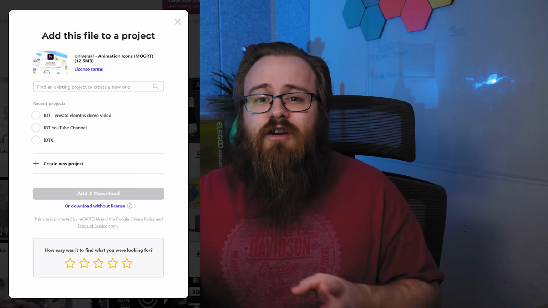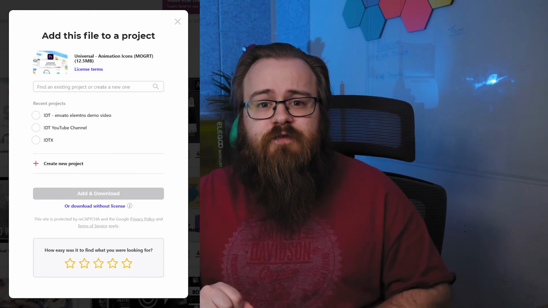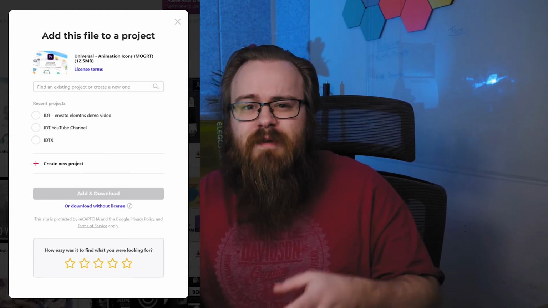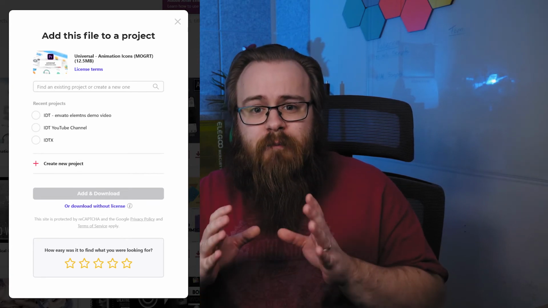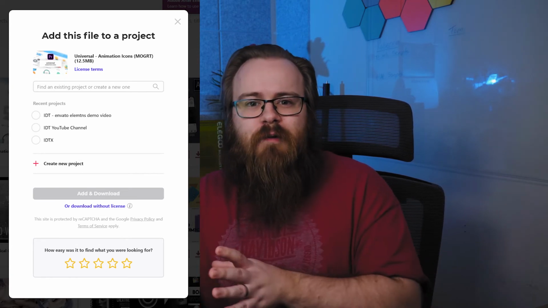And the really great thing with Envato is whenever you download content from their site, it's going to ask you, what project is this for? Create a little project, just type the name in, add it, register it, and then it saves the license for that piece and that instance to that project. So if I need the licenses for a certain job that I've done, I can just go in, find the project name, and all the licenses are there ready to be downloaded and sent to the client